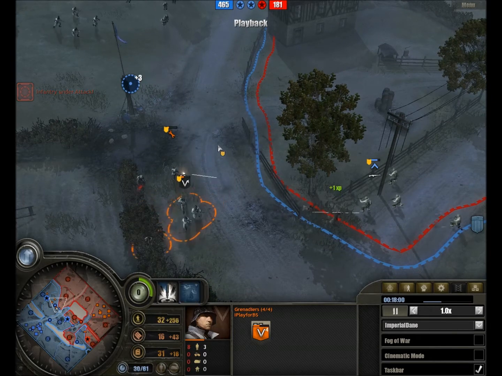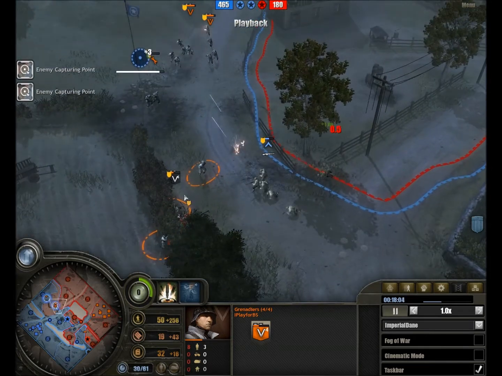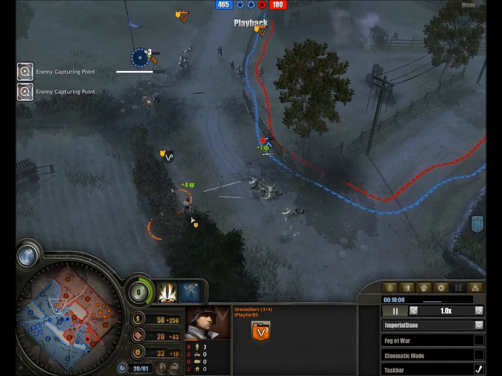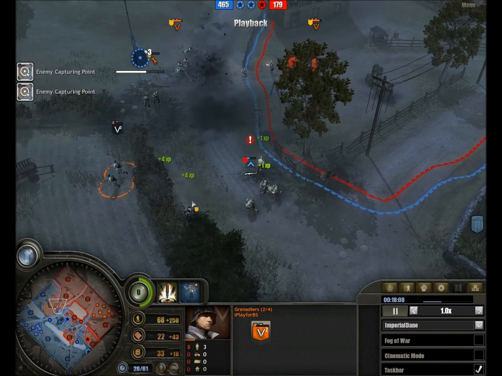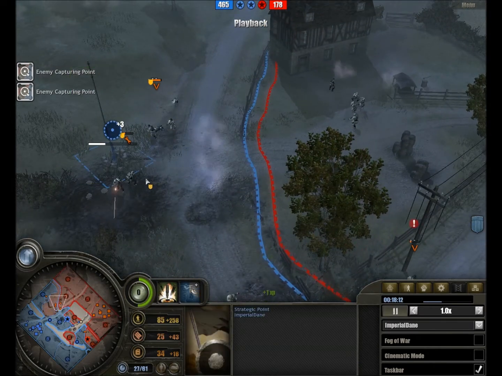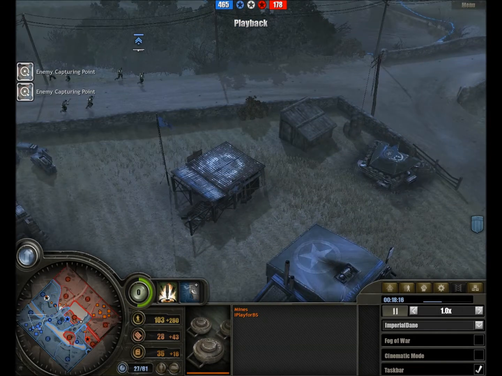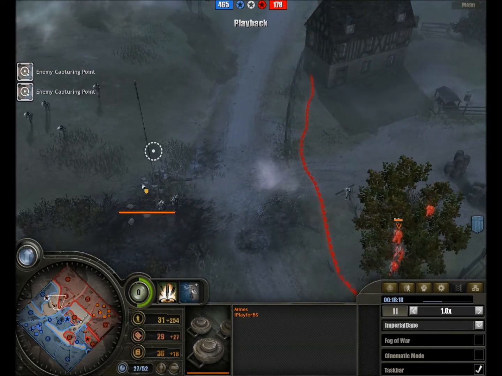Grenadiers taking heavy damage but no losses, although that might soon change with the BARs going off. Grenades missing though. Grenadiers now suffering heavy losses. Mortar fire going off against the German troops trying to hold this crossroad. Could easily end up very nastily, and we see mines having been laid down in preparation here